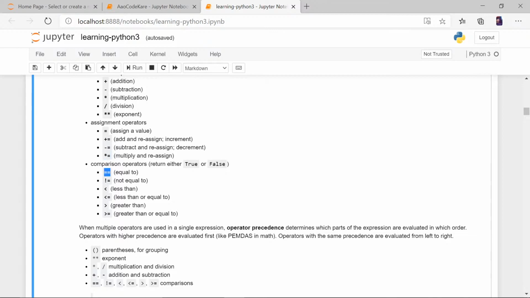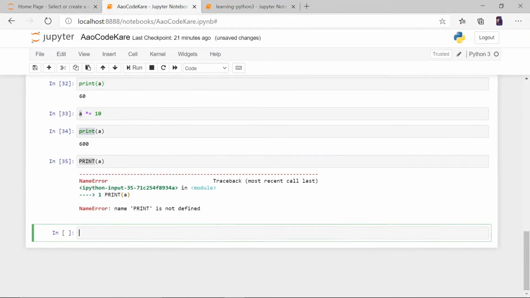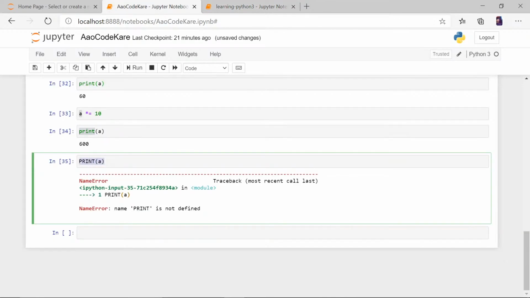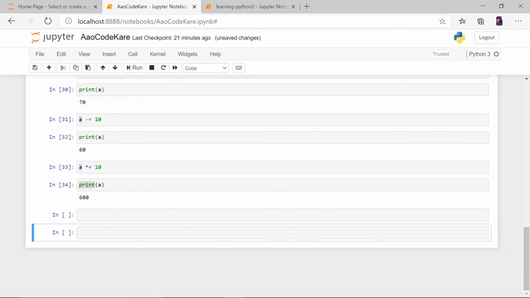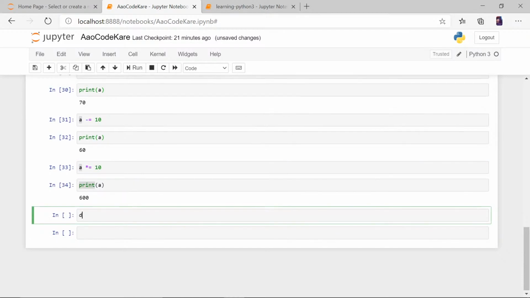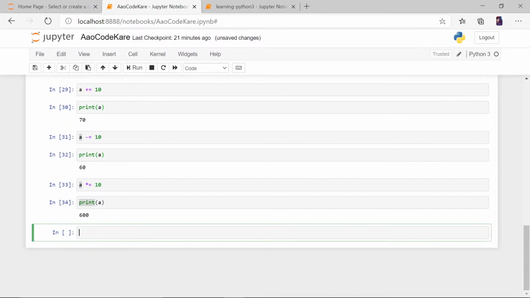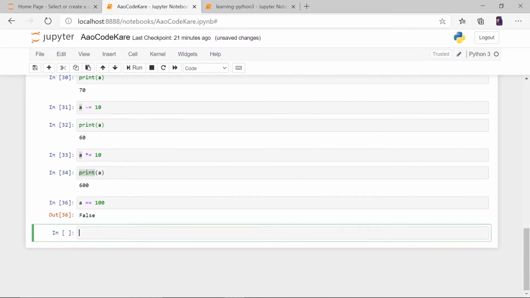So equal to, some guy was saying that it is absolute assignment. No, it is not absolute assignment. This is a comparison operator. Let's remove this. So equal to, what does double equal to do? If I say a is equal to 100, let's see what this prints.